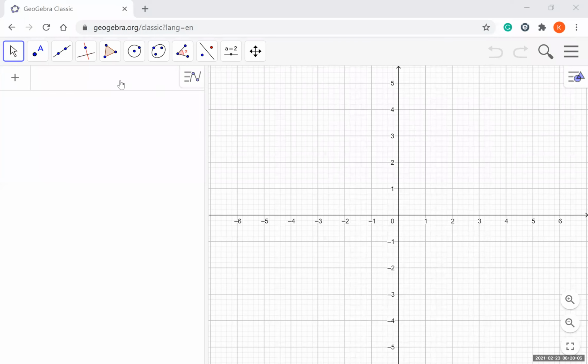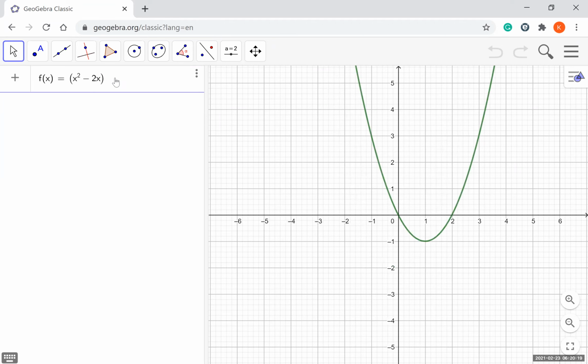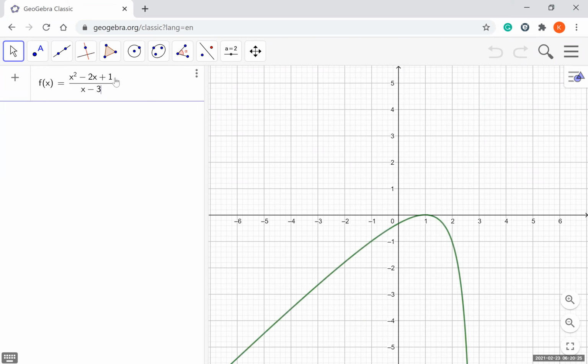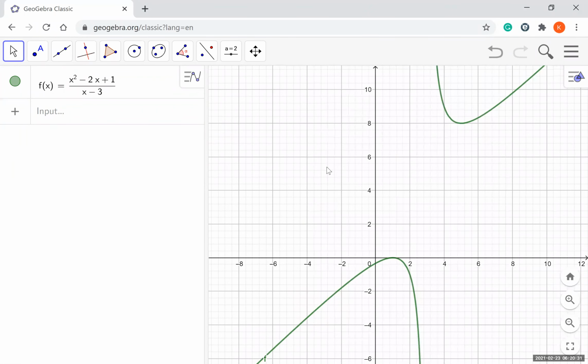So let me draw the graph of the function. The original function given to us was x squared minus 2x plus 1, divided by x minus 3, right? That was the graph. And what is going on here? As you can see,